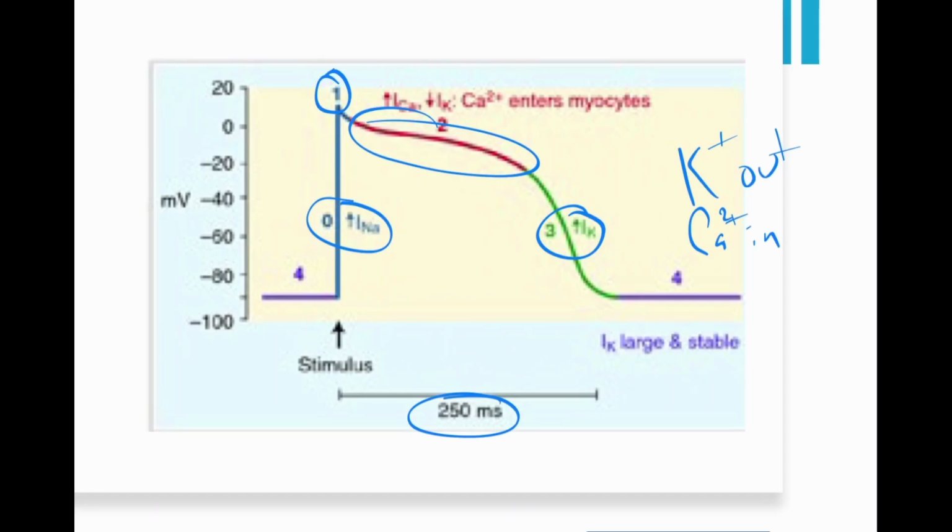So every time this happens, there should be what happening right after this? When you see this on an EKG, what should you be able to feel immediately right after? A beat or pulse. Because that means the ventricles have squeezed now. Because they're going to contract. So you get a heartbeat.